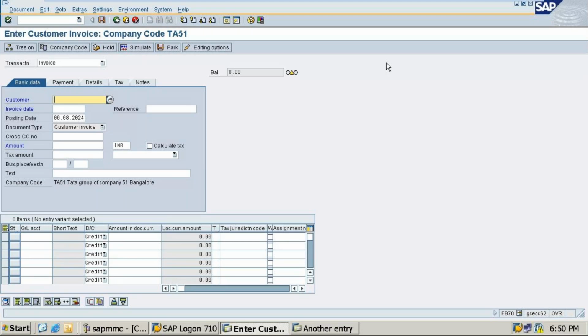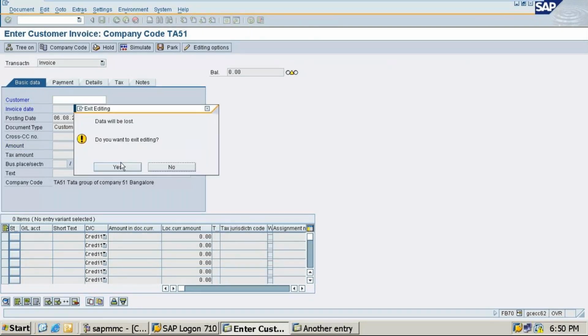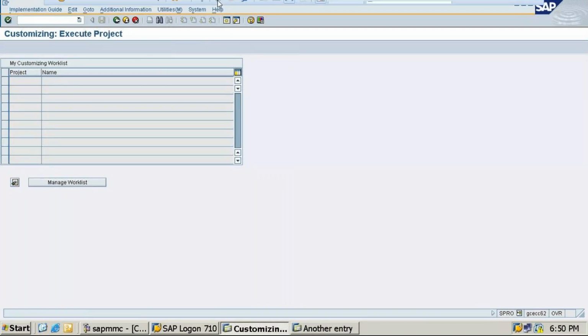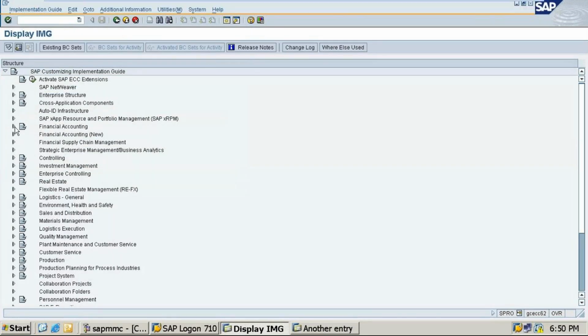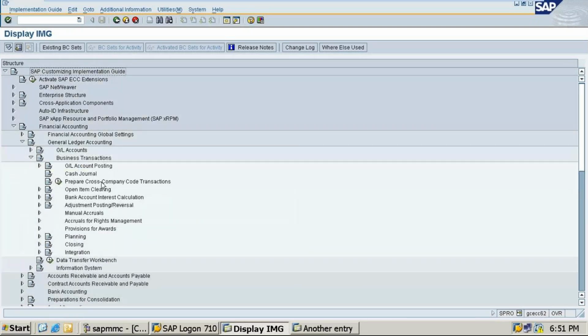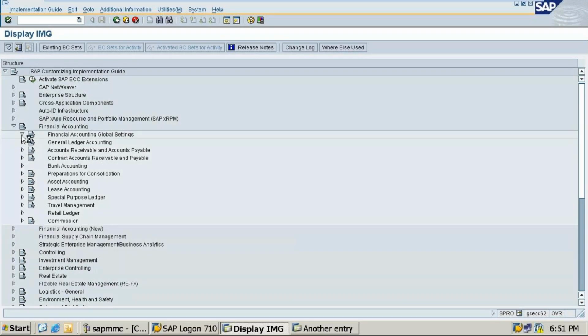Ma'am, we don't have an option saying document type customer invoice. I mean, I don't have it. I don't know about Yashita. What you don't have? It's not displaying document type customer invoice. See here, I don't know which things you are following. There are two document types. See, financial accounting, I'll tell you first. Financial accounting, general ledger accounting. This is business transactions, this is different. So in this also one more document type will come. One second, I'll tell you that.